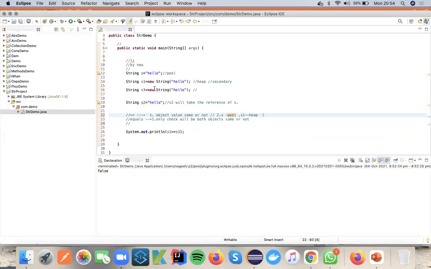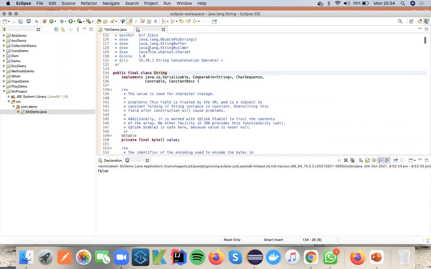A very, very important point is the difference between the equals method and the double equals operator. And what is String? Basically, String is a predefined class in Java. When you click on String, it is a .class file in Java, which implements Serializable, Comparable, Constable, and ConstantDescription.